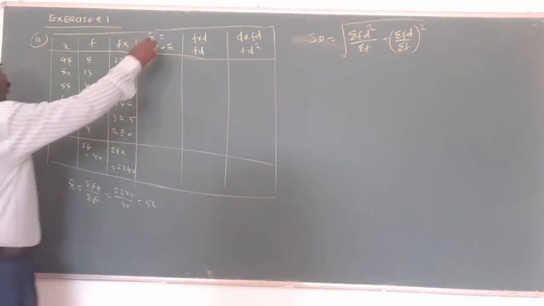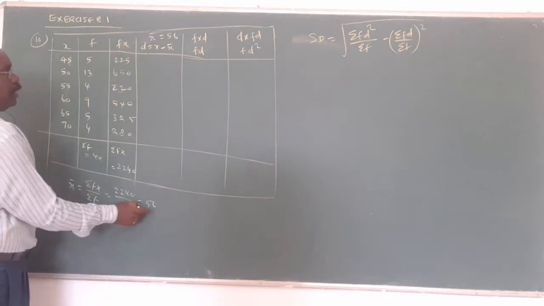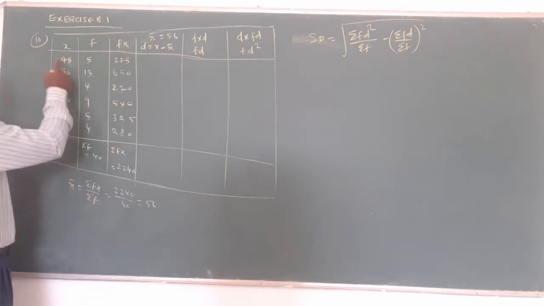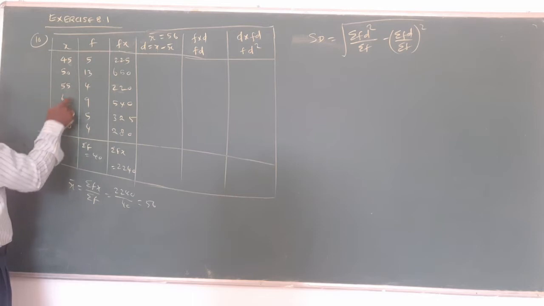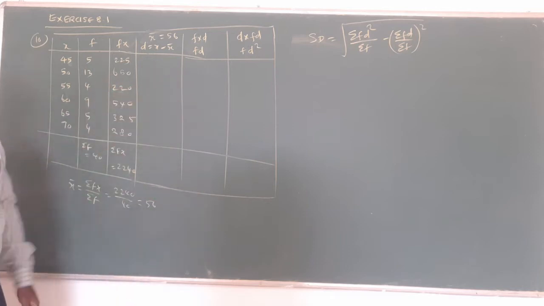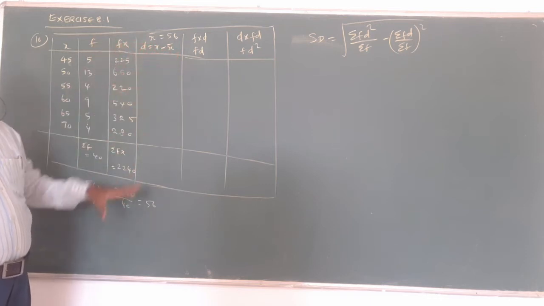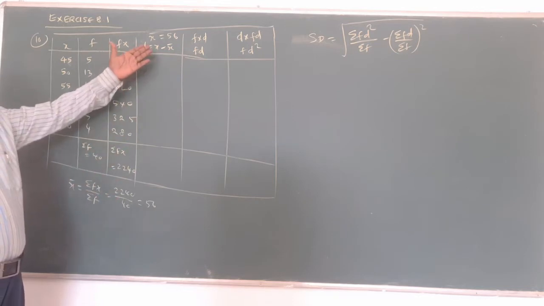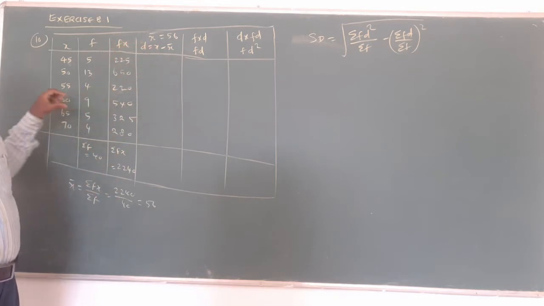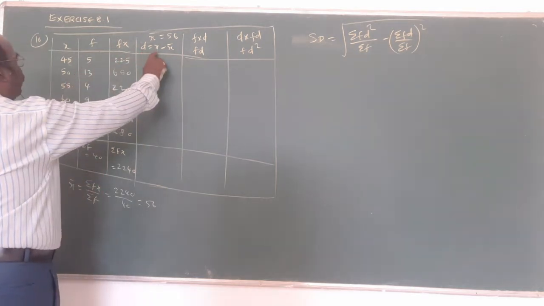Without decimal, that's why you subtract x bar, which is 56. If a decimal comes in, you will assume the mean. That will be a, 55 or 60, you will take any one of them. If x bar is exact, the calculation is easy for you. That's why I am finding x bar. If it is not a decimal, d equals x minus x bar. If a decimal comes in, you will put d equals x minus a. A is the assumed mean.